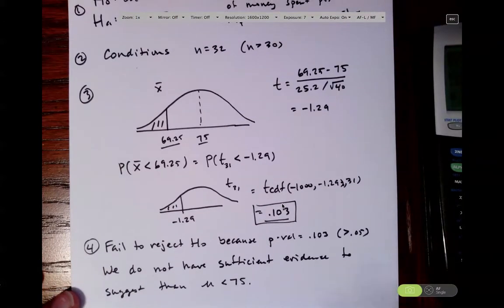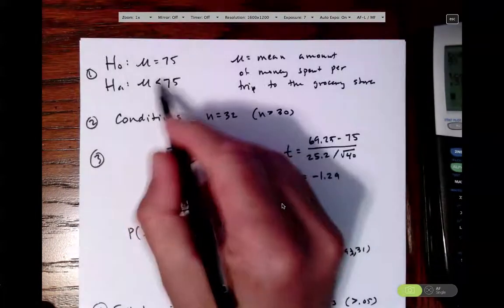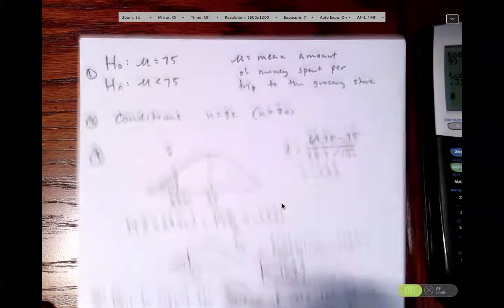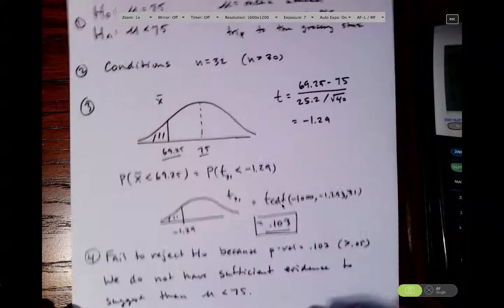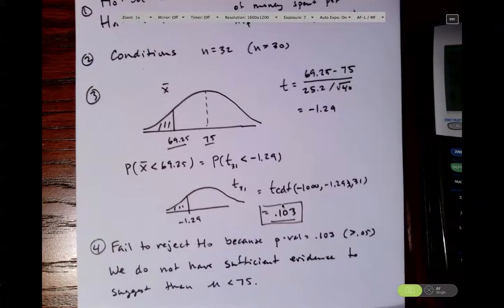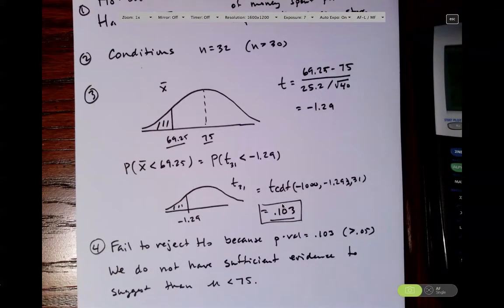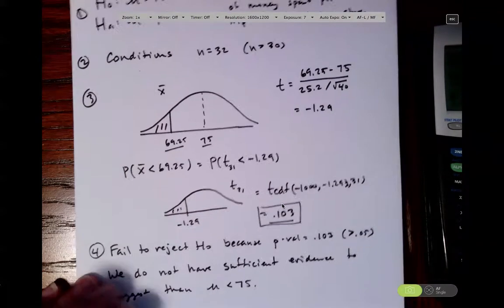The only difference is here we've got a less than sign, and with a less than sign, all we're going to do different is we're going to end up calculating a left tail probability instead of a right tail probability. Otherwise, the 4 steps are very, very similar. Okay, so let's move on to the last one,